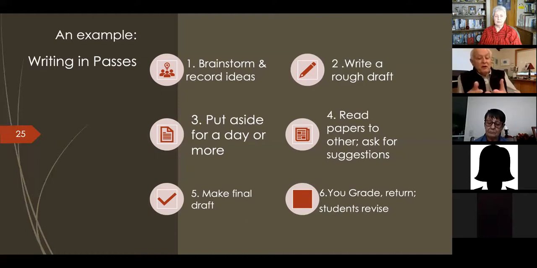Then they're going to turn it in, you're going to grade it, and then you're going to return it. And maybe you're going to return it on another day, of course. And then you're going to have them revise it, because you will have not only graded it but by evaluating it, you will have figured out what it is they need to practice. So when they revise this, then they will be practicing the things that each of them needs to practice